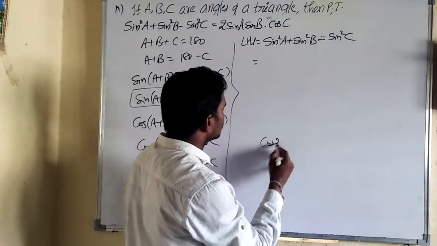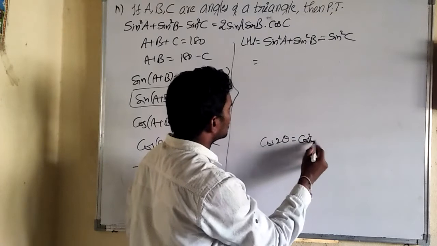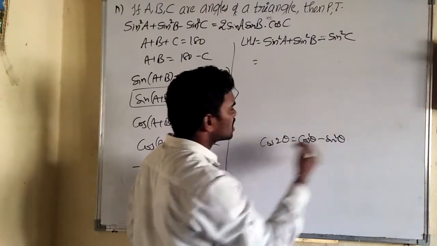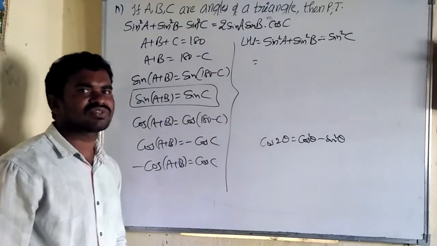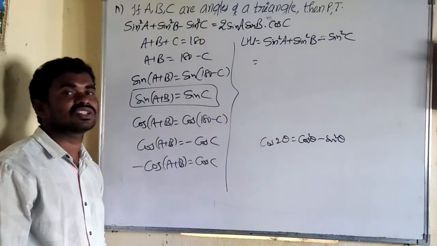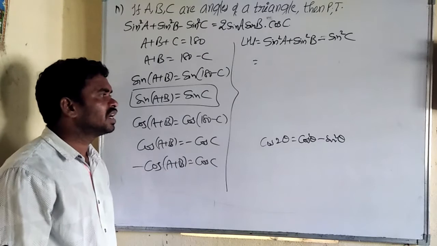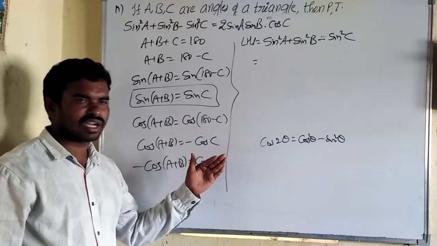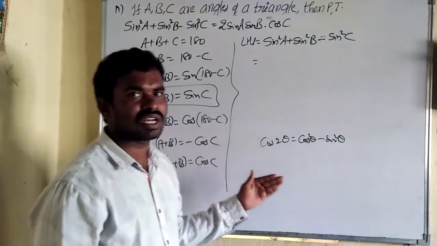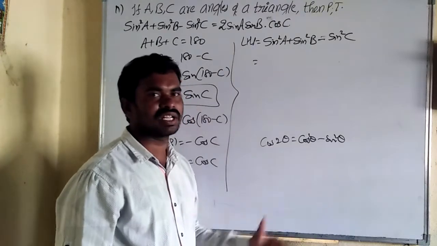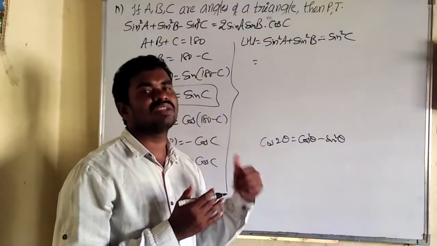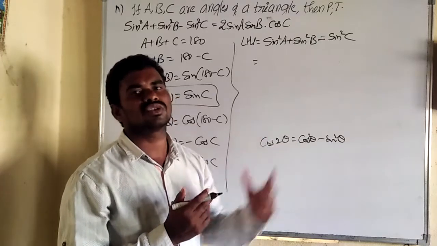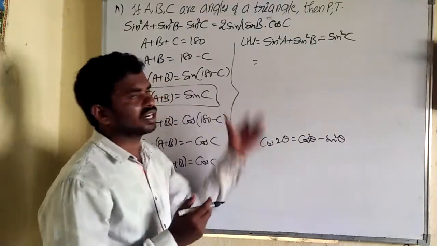See, what is the cos 2 theta formula generally? Cos square theta minus sin square theta. Actually, this is the major formula. Based on this, we can derive 6 formulas or 8 formulas. In the previous course, when I explained the formula situation, I explained that. So that's why please watch my videos part 1, then part 2, then part 3, and so on. Then you can understand very easily.